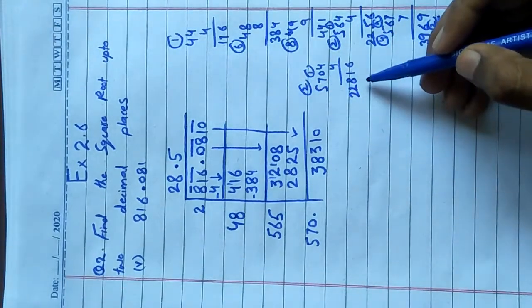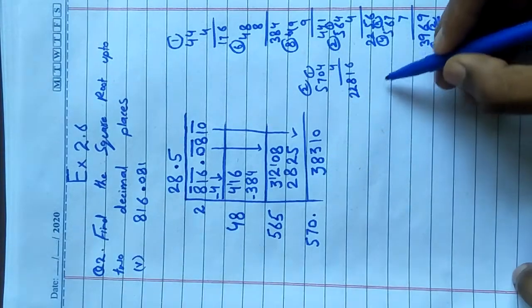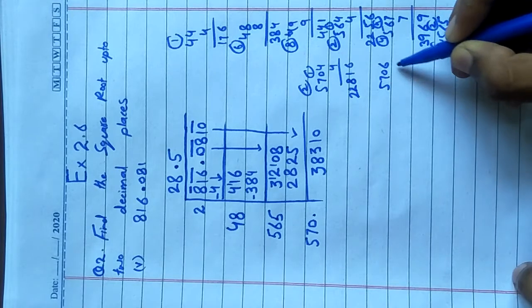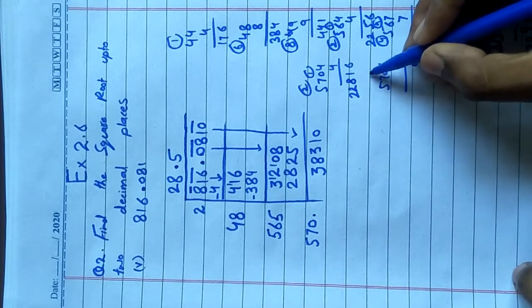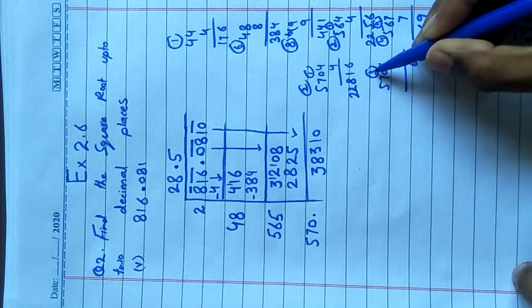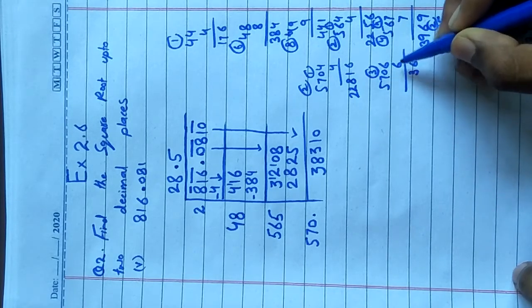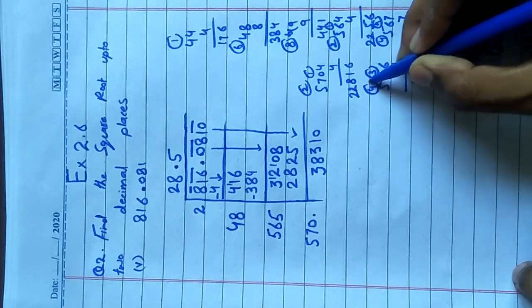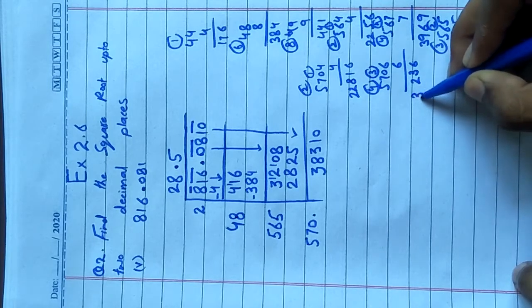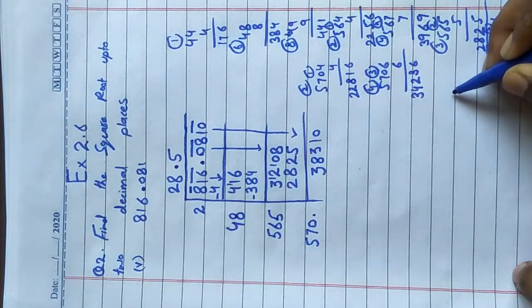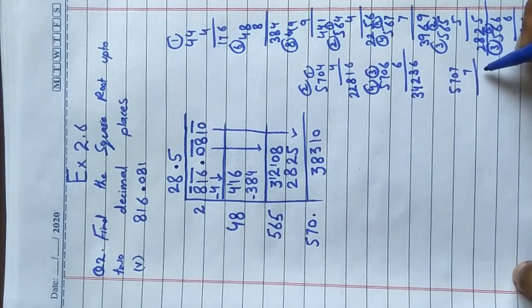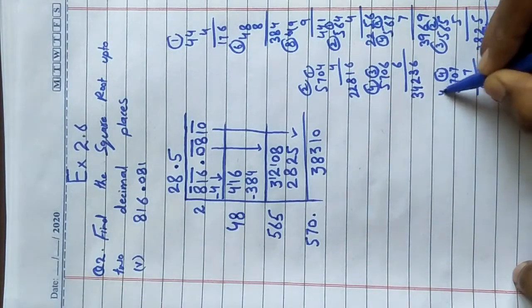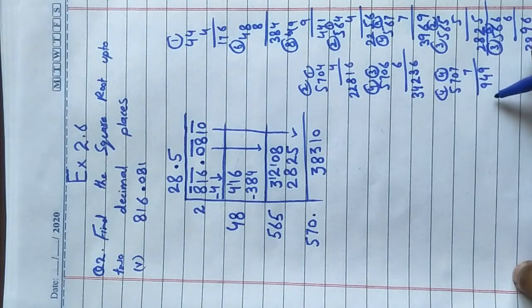Okay, I think this number is greater than that term, so let us assume 6. 6 6s are 36, 6 here, 3 take carry. 6 zeros are 0 or 3 added, and 3 here. 6 7s are 42, 2 here, 4 take carry. 6 5s are 30 or 34. Okay, let us assume 7. 7 7s are 49, 9 here, 4 take carry. 7 zeros are 0 and add 4. 7 7s are 49, 9 here, 4 take carry. 7 5s are 35 or 39.